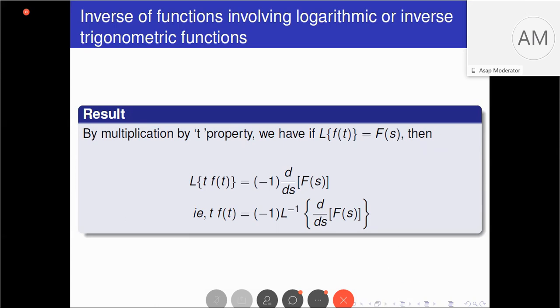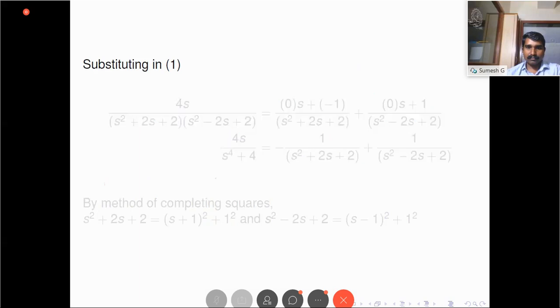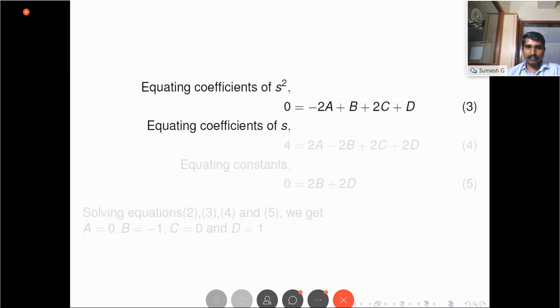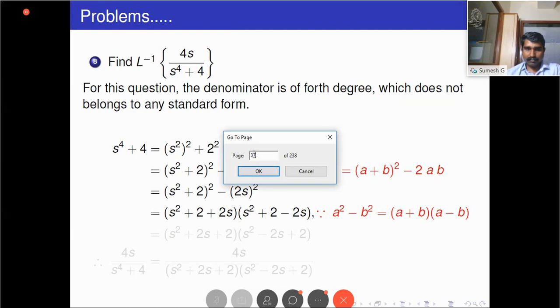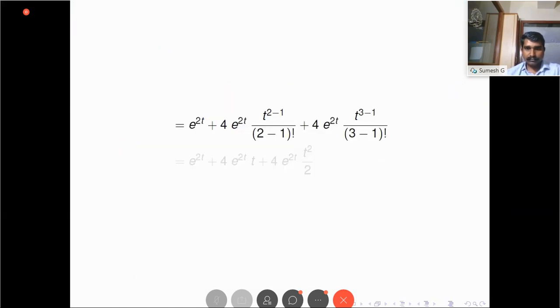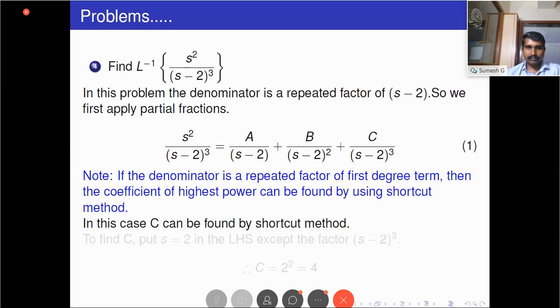A, B, C in question number 4. In question number 4, we can find the values of A, B, and C. This can be done by